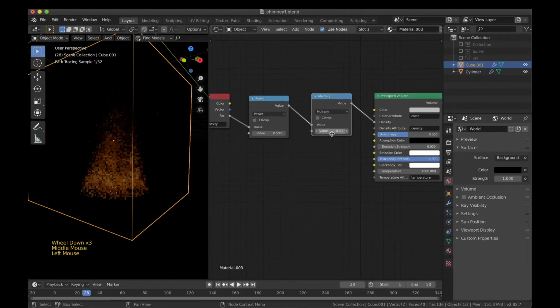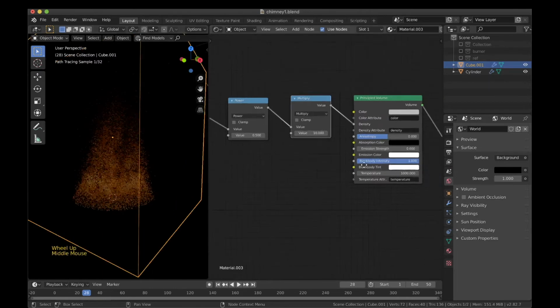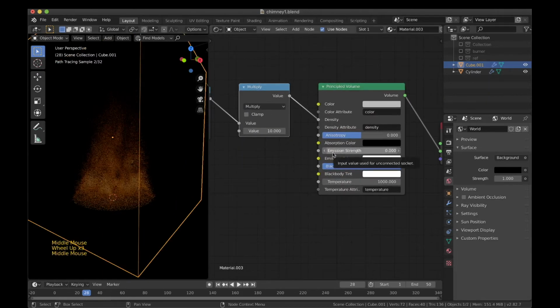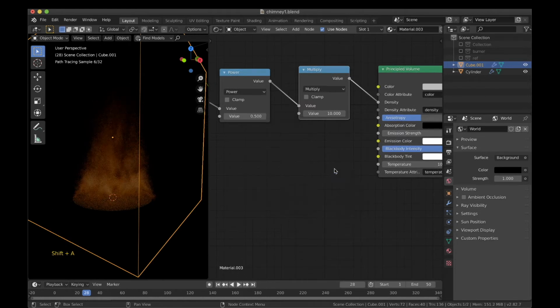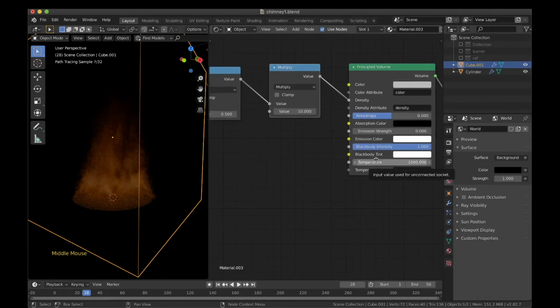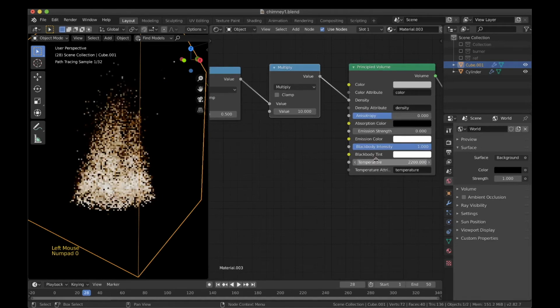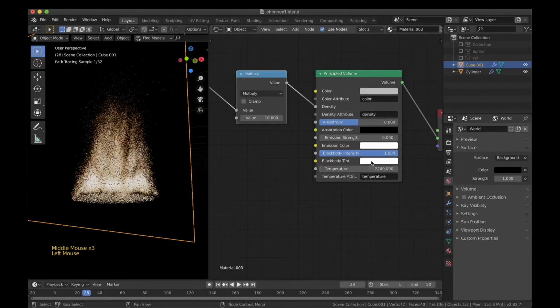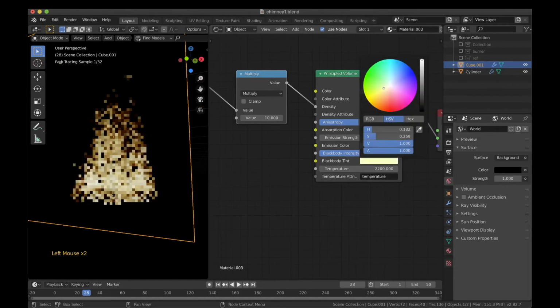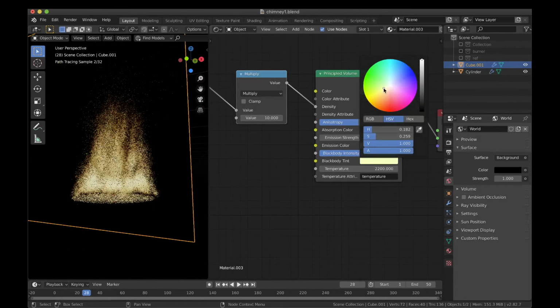But wait, you still won't see anything. For that there must be some emission strength. First let me set other things. I'll set the temperature roughly around 2200 because we want some yellowish looking flames. I'll give it some blackbody tint of a very pale yellow.